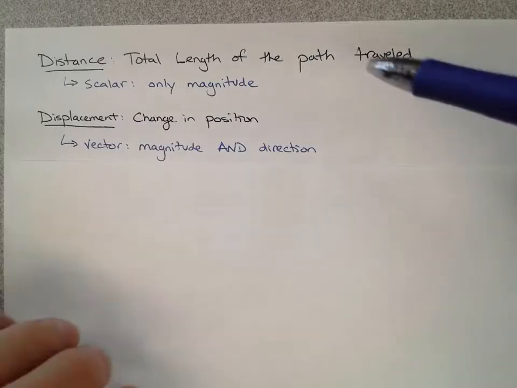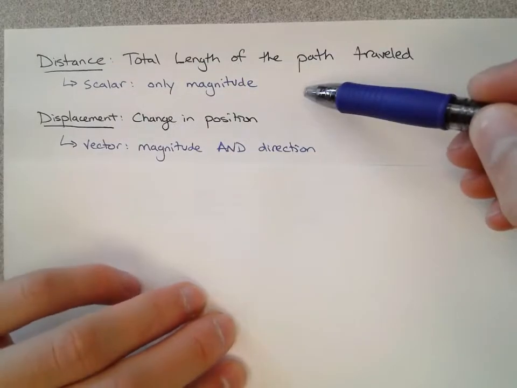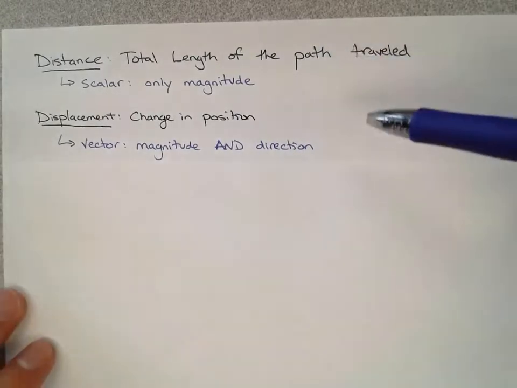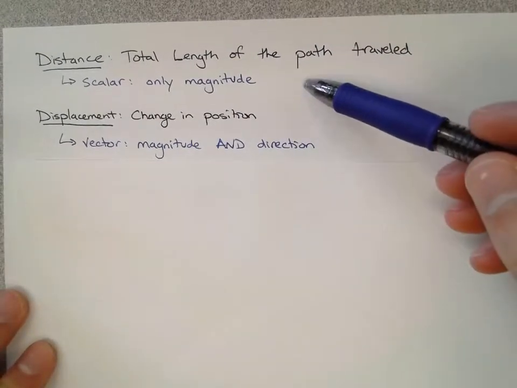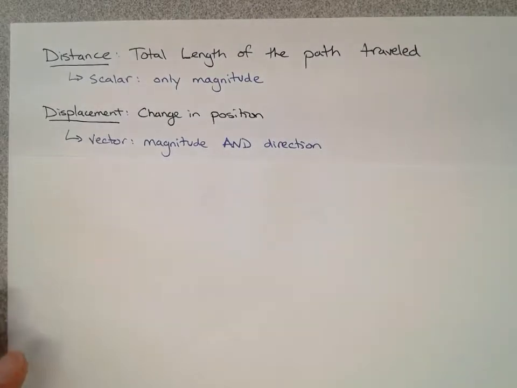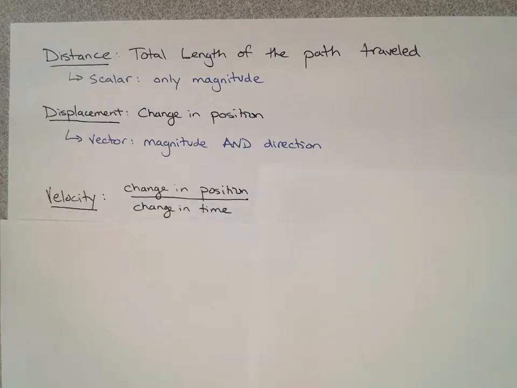Now, if you're somebody out there who does not know the difference between a scalar and a vector yet, please commit those things to memory. Scalar only has magnitude, vector has magnitude and direction. Those are very important things that you need to keep in mind. Alright, now,